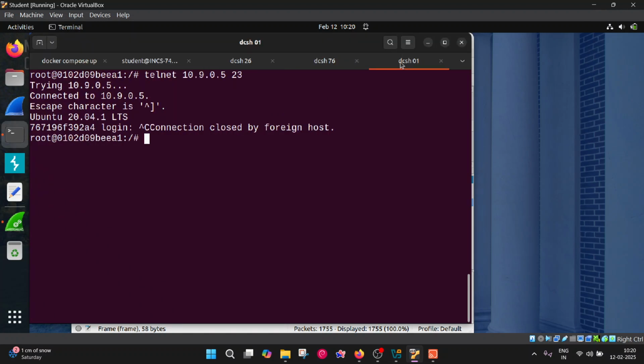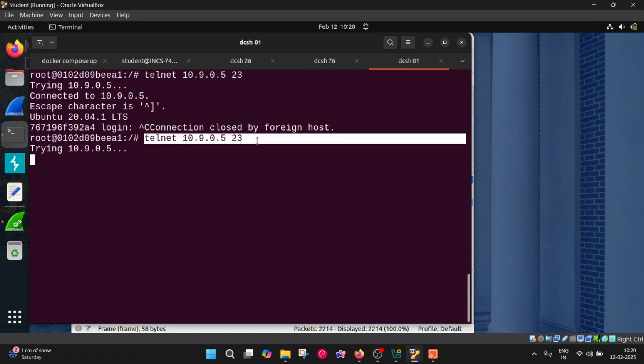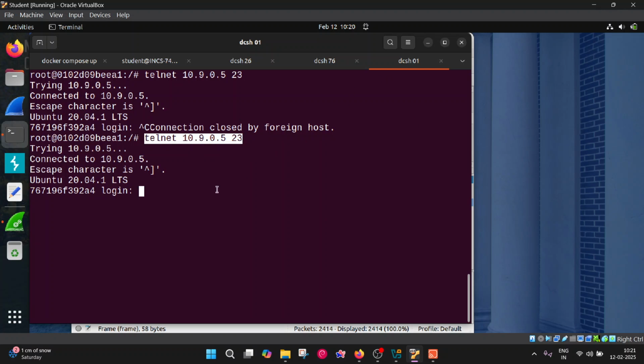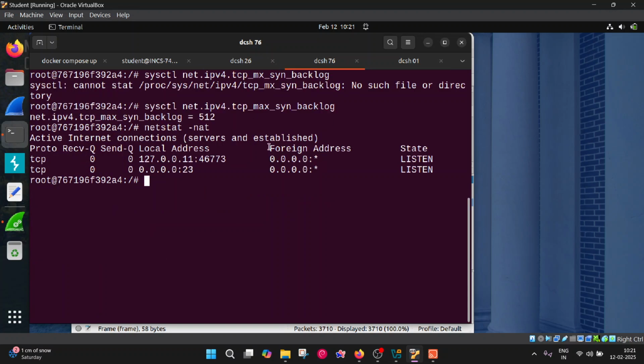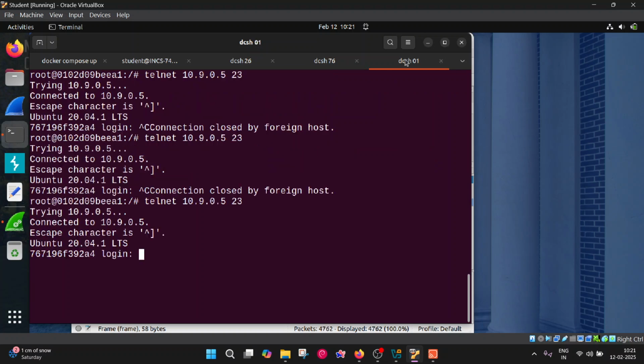And eventually, if the user tries to connect with this thing, it will be a bit slower. So it will keep on trying. The reason why it's happening is the backlog size. So the backlog size is now 5 and 2. If you reduce the backlog size to even smaller,